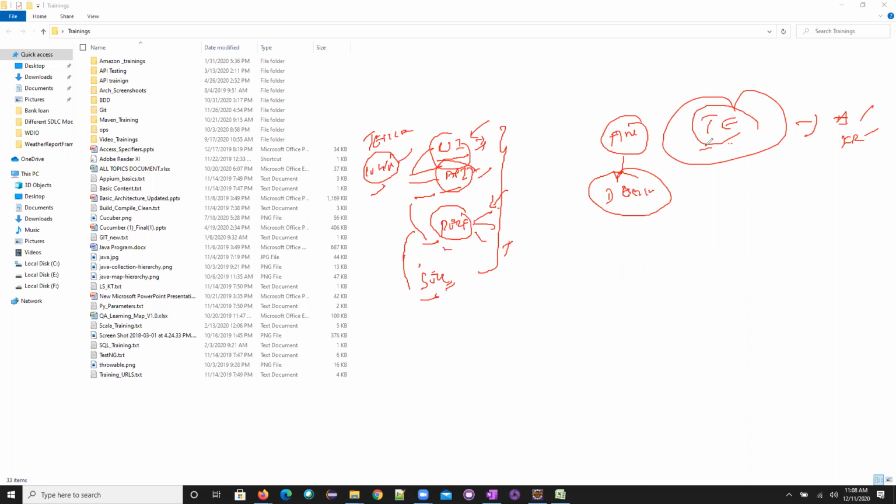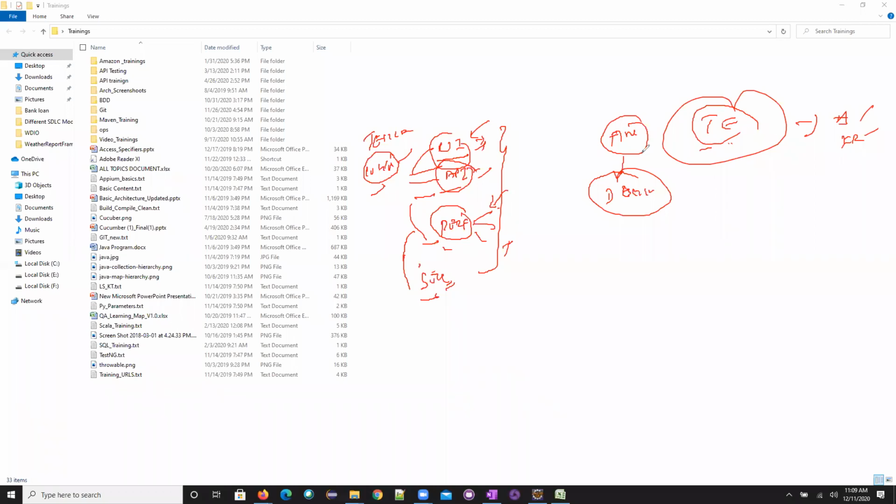That is the reason I'm saying that writing a test case is an art. It is not an easy job. Based upon the test cases you write, you will identify the bugs. See, our job is to identify the bugs. How you identify them depends on your smartness in writing test cases.